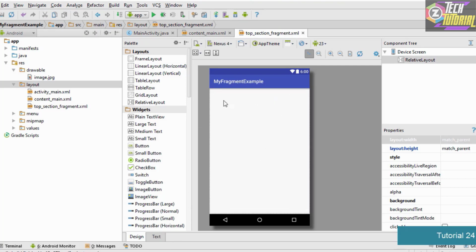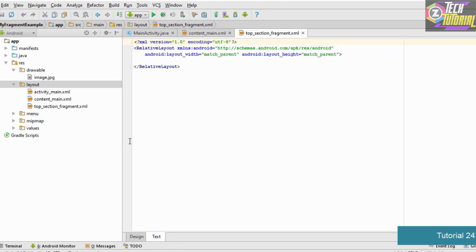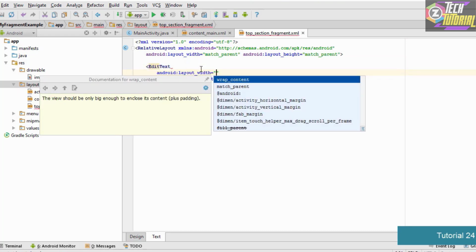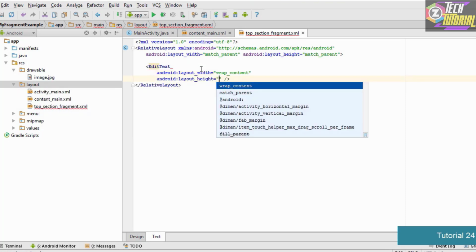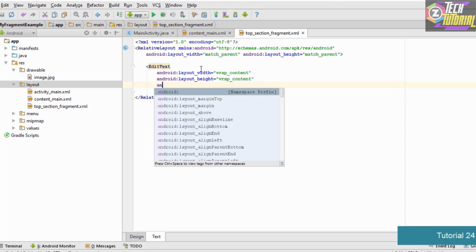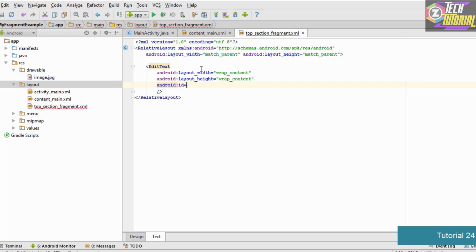Instead of just dragging and dropping the elements, we are going to go into the text view and design the layout by typing in some code. The first thing we are going to add to our layout is the edit text. So we type edit text, and let's say the width is wrap content and the height is also wrap content. Now let's specify an ID: android:id equals @+id/ and let's give it an ID of top text input.